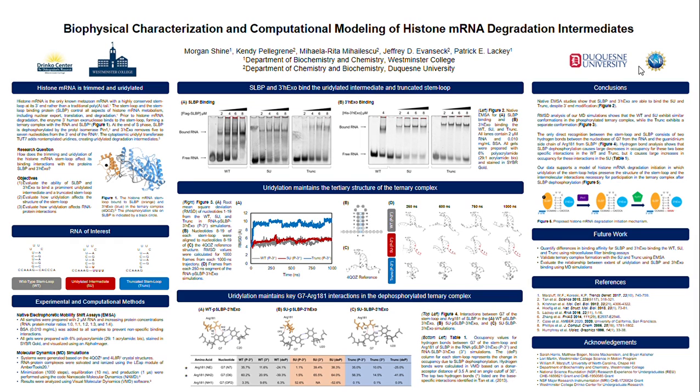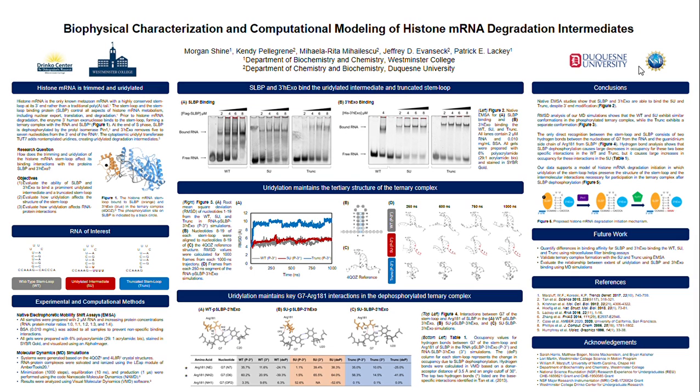In Figure 2 in the top middle section of the poster, we've shown with electrophoretic mobility shift assays that SLBP and 3' hexo are able to bind both the uridylated intermediate and the truncated stem loop despite 3' end trimming and uridylation. Once we experimentally validated that these complexes could form, we performed 18 different molecular dynamic simulations, each for